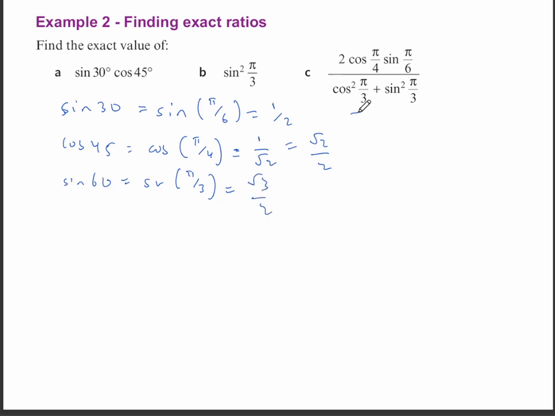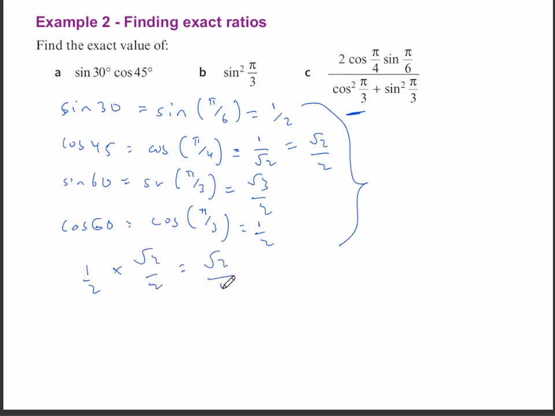Then we only need cos pi over 3 next. So cos of 60, which is cos of pi over 3, which is going to be 1 over 2. And since we have the value of all of these, we can just plug in to each of these to get the exact value. So sine 30 times cos 45 is just 1 over 2 times root 2 over 2,